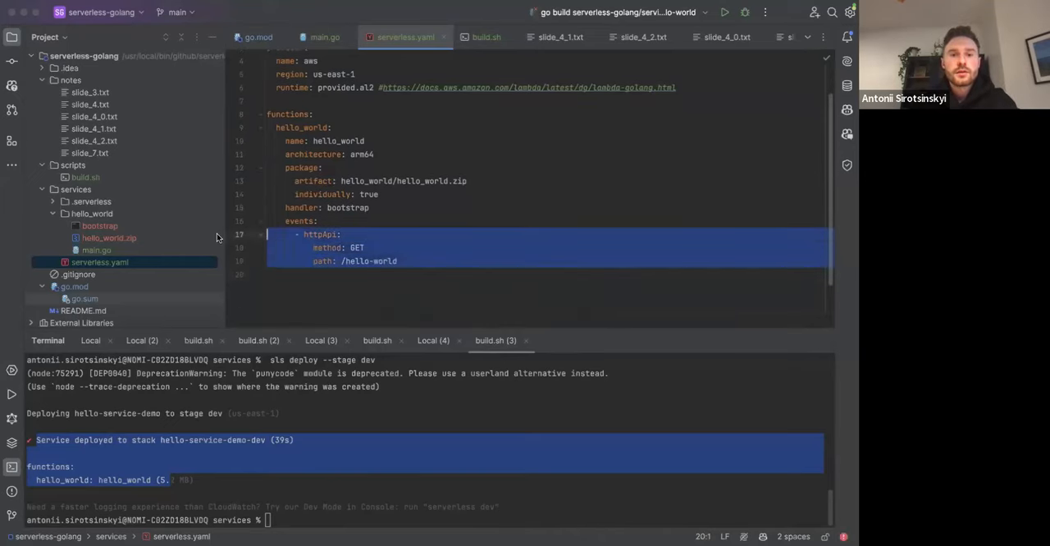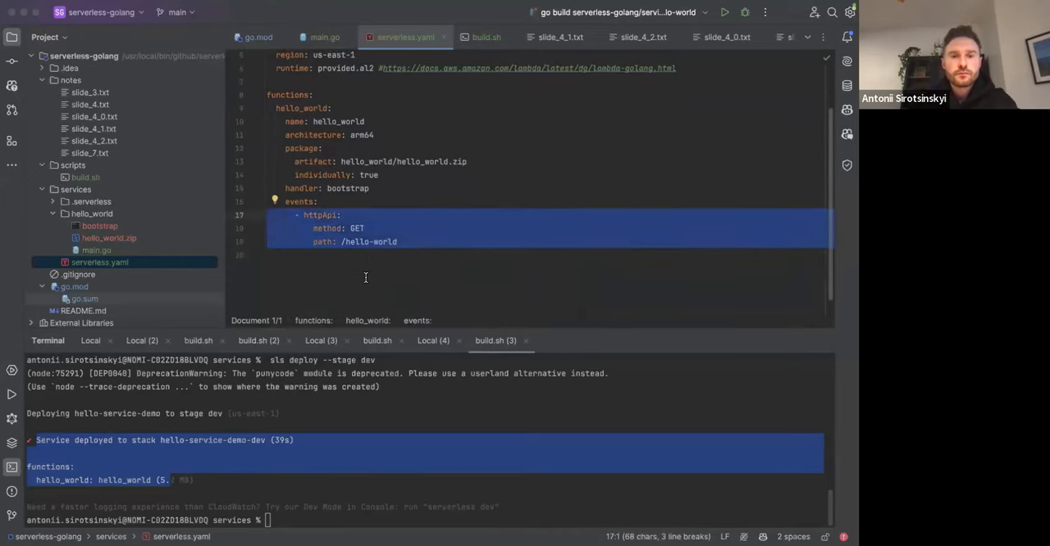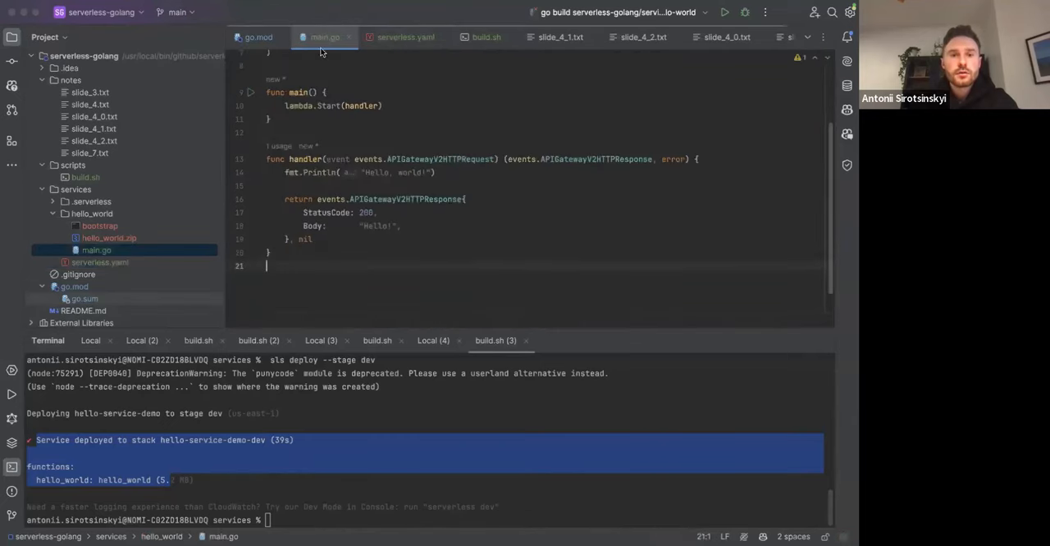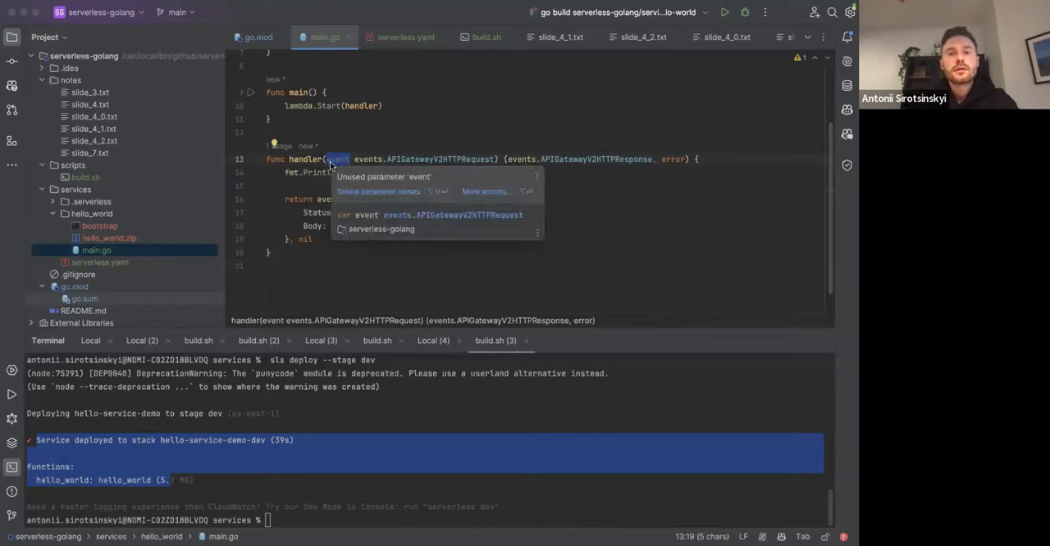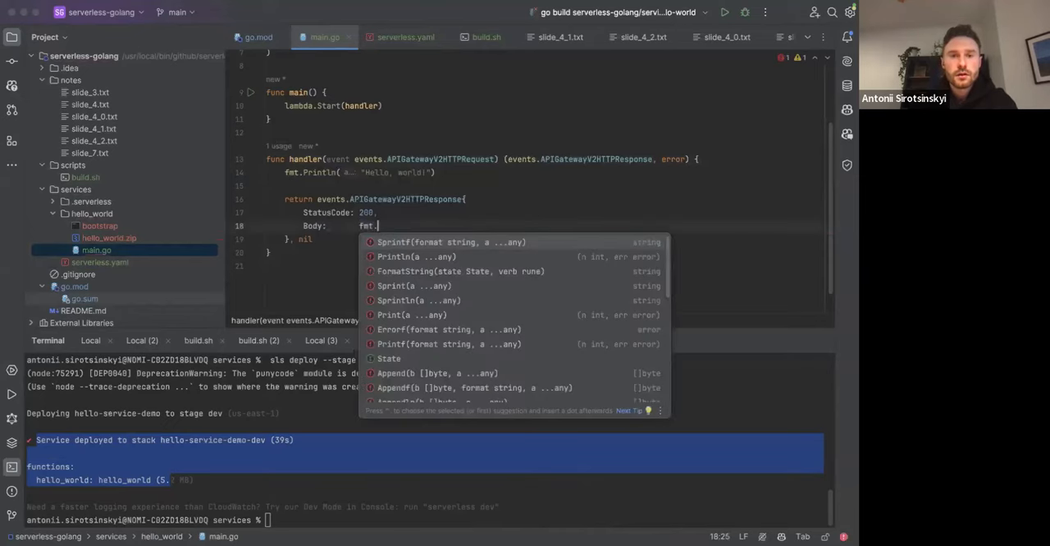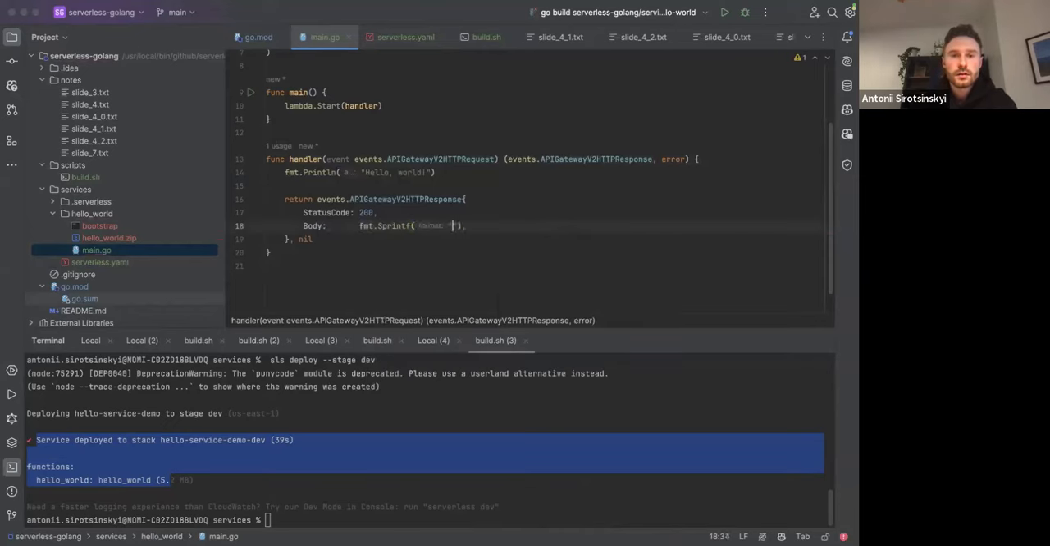Okay, so we are saying we want to trigger this Lambda with the HTTP event, and let's also add some path parameter here. We'll be accessing this path parameter using the name keyword. So let's go here. We have this event incoming parameters. So let's do some println here with